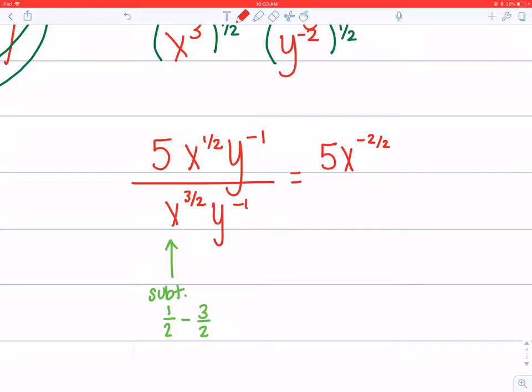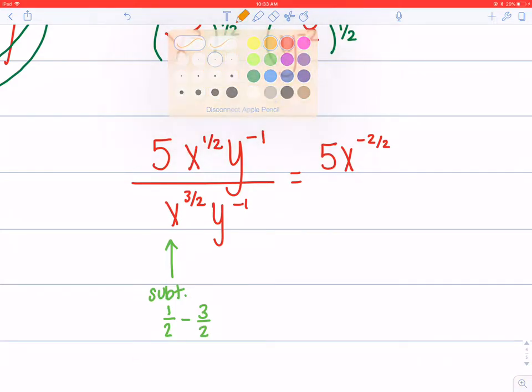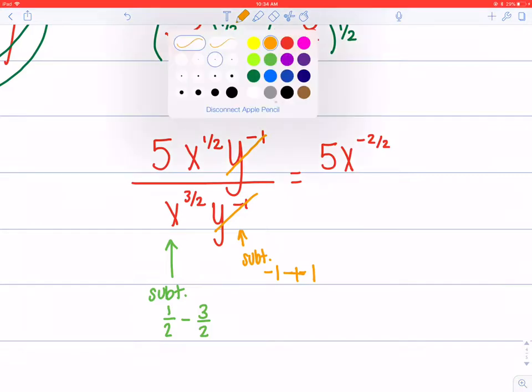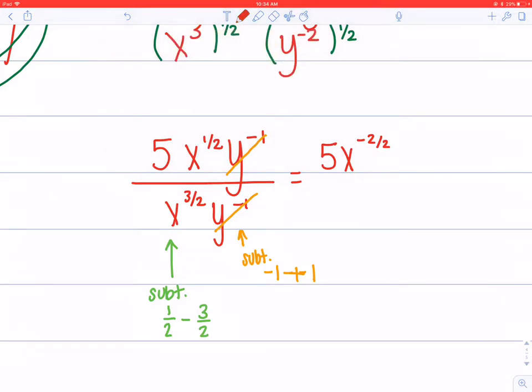And then the y's, I'm going to subtract top minus bottom. So I have negative 1 minus negative 1. That negative turns to plus. So those actually are going to give me y to the 0, which means those two are going to cancel out. And the reason they cancel out is because everything's being multiplied and they're the same exact thing. Anytime you have the same thing on the top as the same thing on the bottom, they're going to cancel. So I'm just left with 5 to the negative 2 over 2, but I can simplify that to be 5x